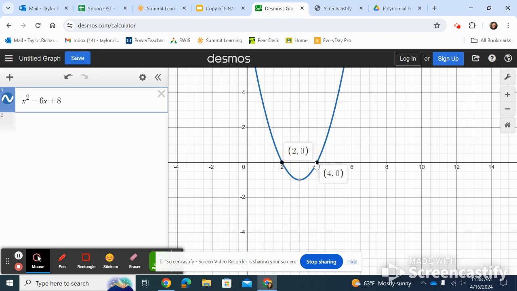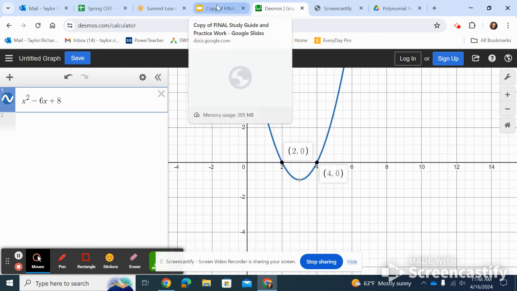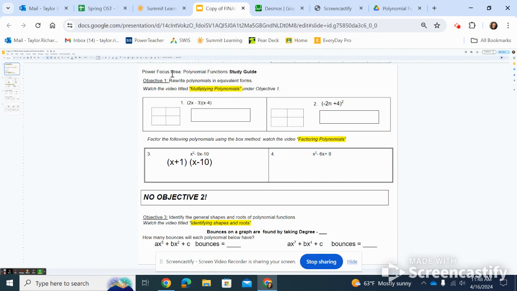So that would be 2 and 4, positive 2, positive 4. But when you write your answers, just make sure you change the sign. So it would be x minus 2 and x minus 4. And that is it. So when it asks you to factor, make sure you use Desmos and make sure you switch this